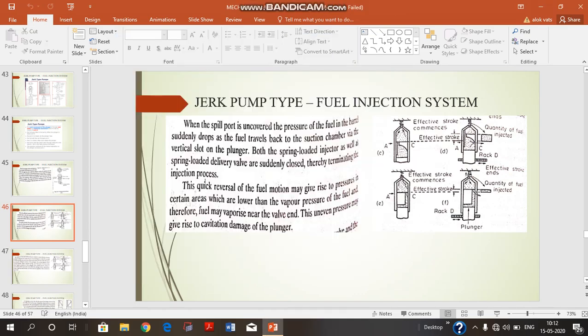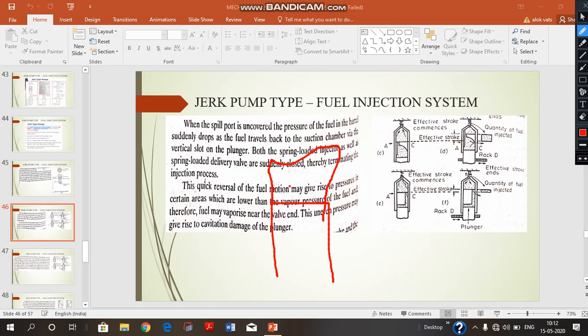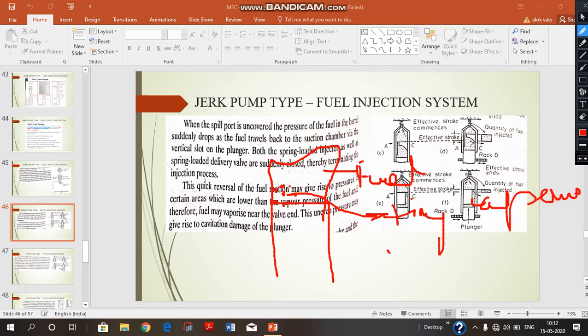We were discussing the process of cavitation that can happen inside the plunger. So, what is there due to sudden rise and fall of the pressure? There could be areas, and this is what is there. We had this diagram in the previous video. These are the small vapors of the fuel. This is the liquid fuel, and these are the small vapors of the fuel which are present in the form of tiny bubbles or tiny vapor bubbles. These vapors are the vapors of the fuel, vapor bubbles.